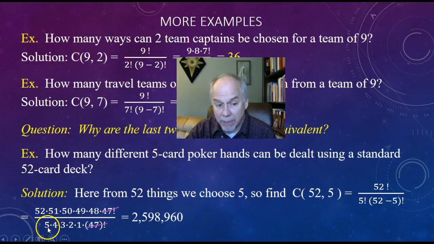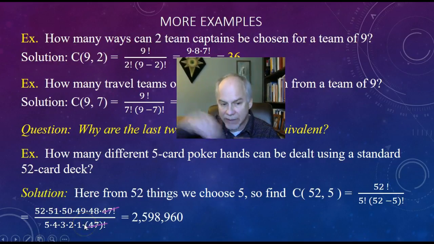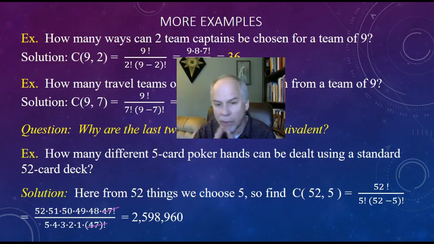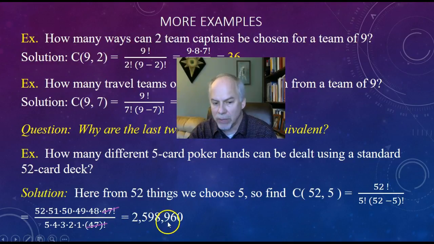Now, actually, all of the things on the bottom will cancel if you want to do this by hand. The 5 will go into 50, the 4 will go into 48, the 3 will go into 51, the 2 will go into 50. So you can cancel everything on the bottom. It'll always be the case that your items on the bottom will cancel with something on top in these formulas, okay? But either way you do that, you end up with